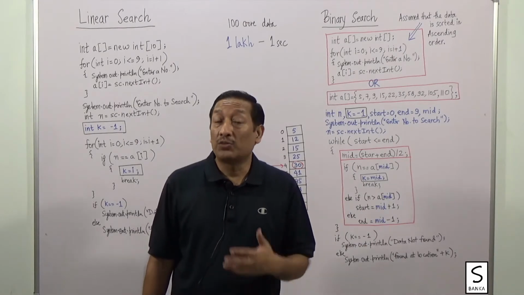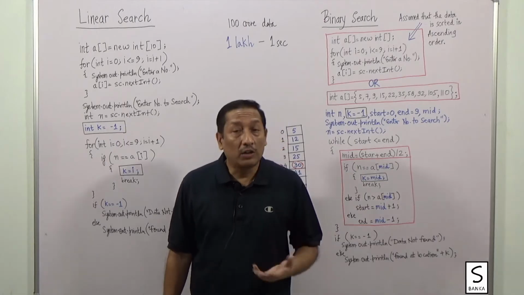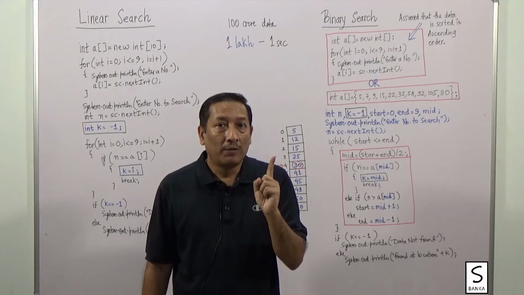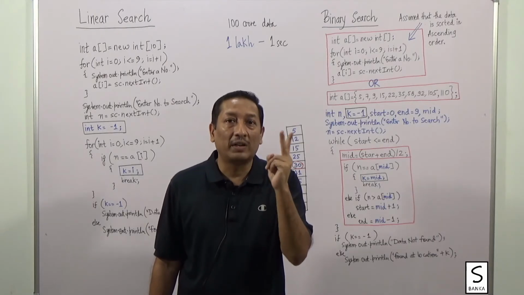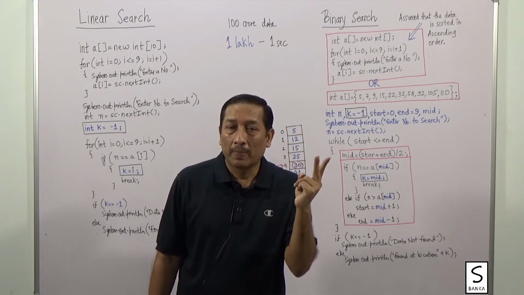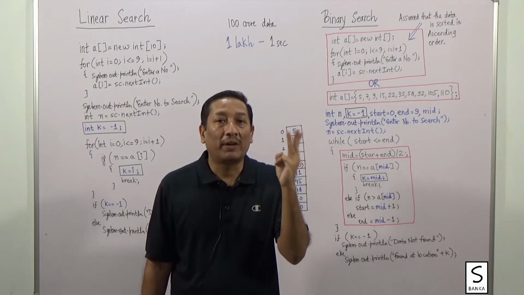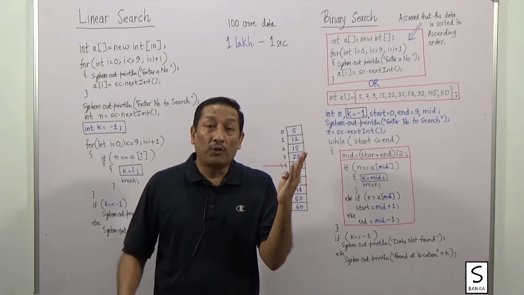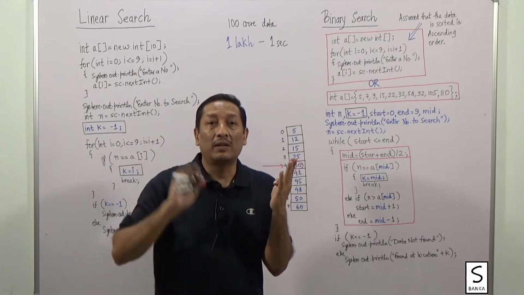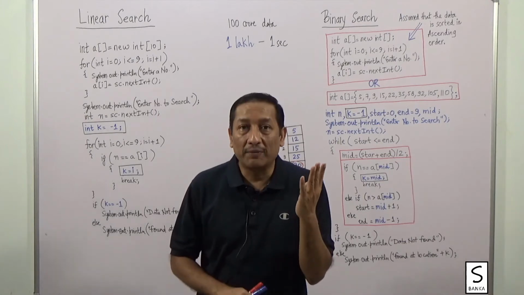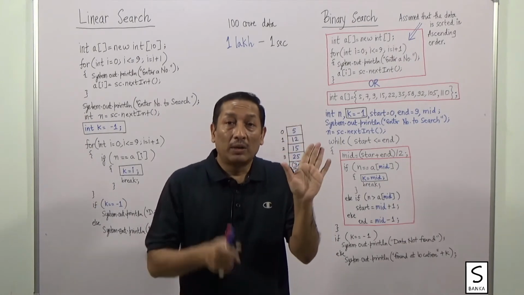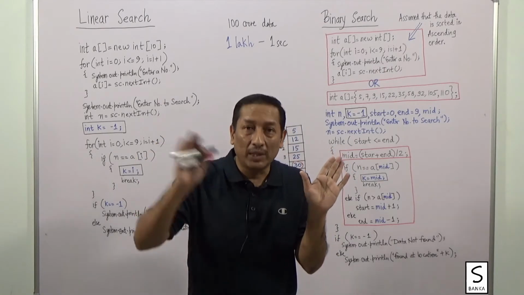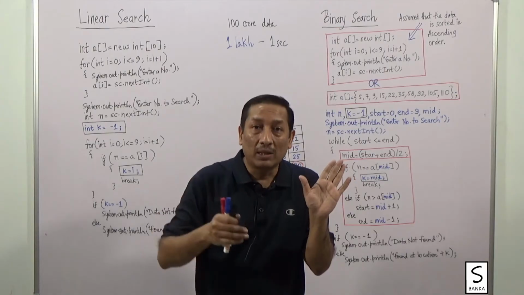Now let us see how fast it is. Suppose we have 100 crore data. In the first round itself, it will discard 50 crore data. From the remaining 50 crore, in the next round, it will discard 25 crore data. In the third round, it will discard 12.5 crore data. So how much remaining? 12.5 crore. In the fourth round, out of 12.5, 6.25 will be discarded. So how much remaining? 6.25. In the fifth round, from 6.25 again half the data will be discarded, which will be around 3 point something. Remaining 3 point something. Let us make it 4.